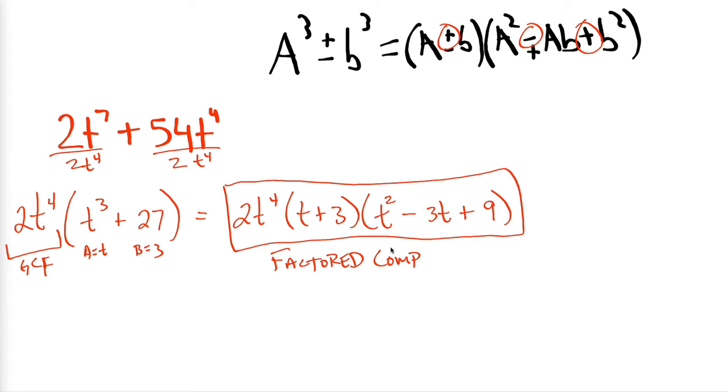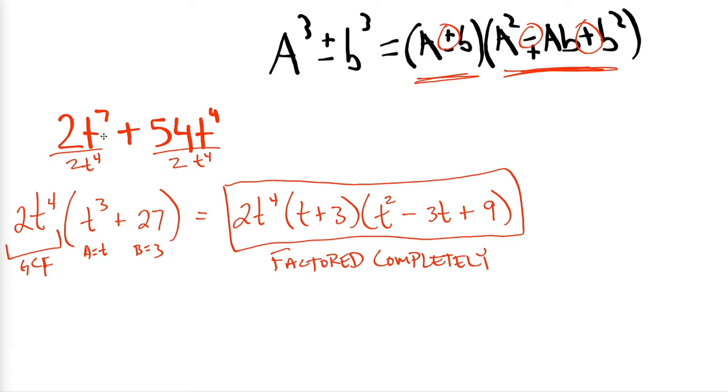I'm hearing by the sighs that this feels very different than yesterday. So yesterday, whenever we were given something that had a cubed plus a cubed, or a cubed minus a cube, we learned how to factor it into two separate answers. That's what these two things are. So we learned how to write it as two separate factors. Now today,